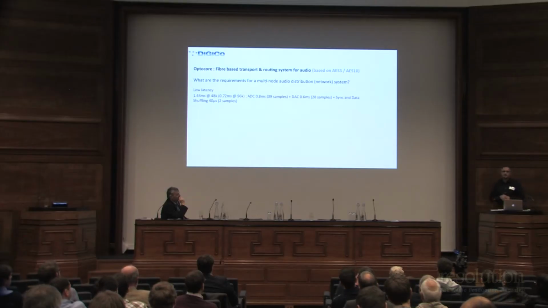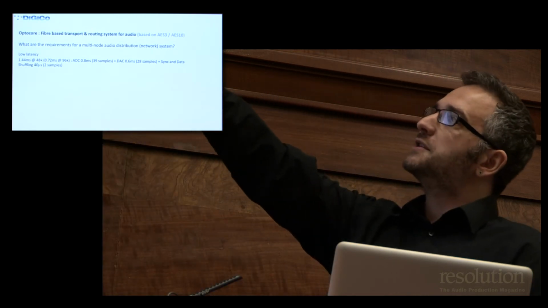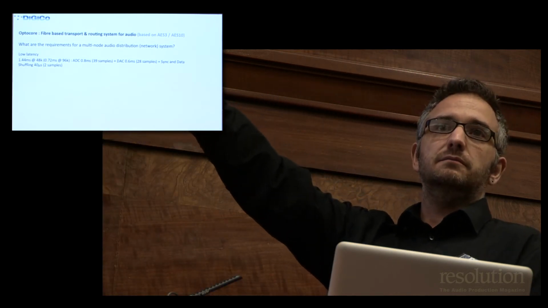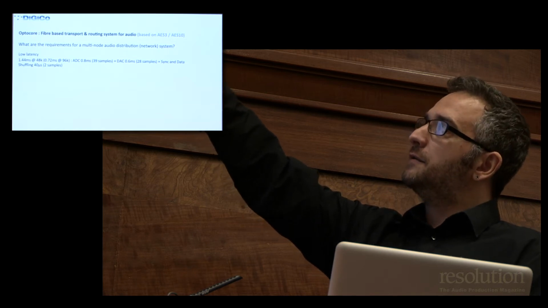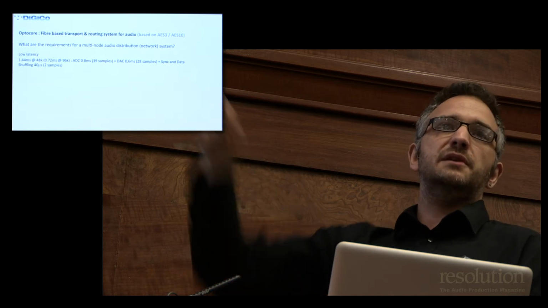Everyone's talked about latency today, and I'm going to do it as well. If we take a basic optical system, which is analog in, through the transmission and back out, analog again, these are the quoted latencies. Now, at the A to D and the D to A stage, I don't care what your transmission system is in between, you can't change the laws of physics. It's going to take you time to do those conversions. So actually, really what we're interested in is the bit in the middle. And in this case, the ability to sync and actually shuffle the data a little bit gives us a 2-sample delay across the optical system,